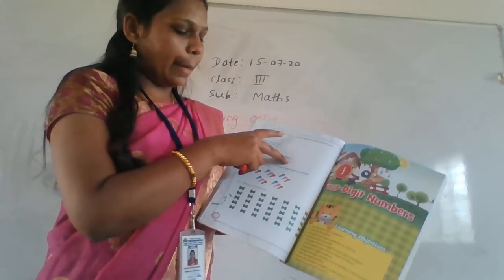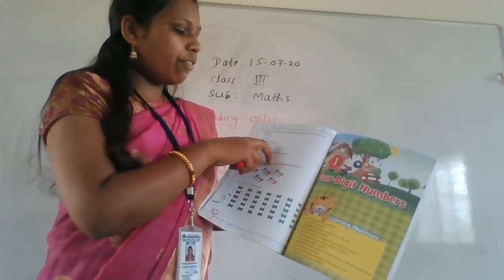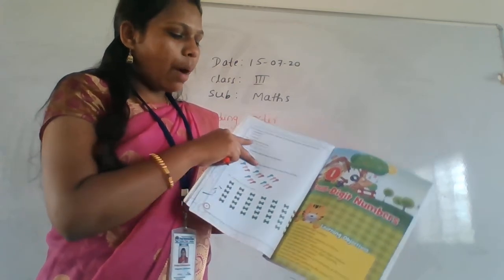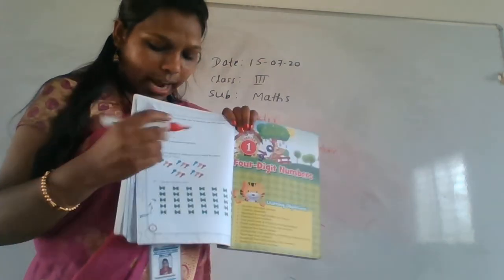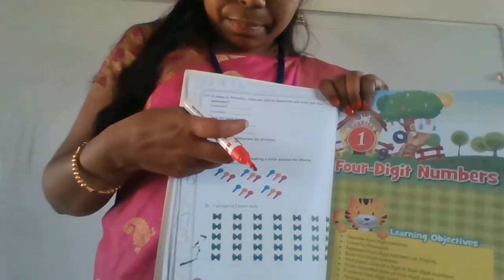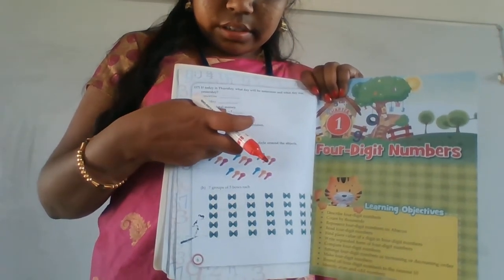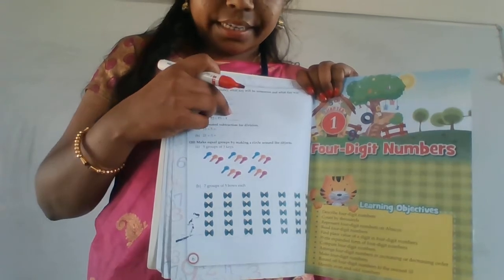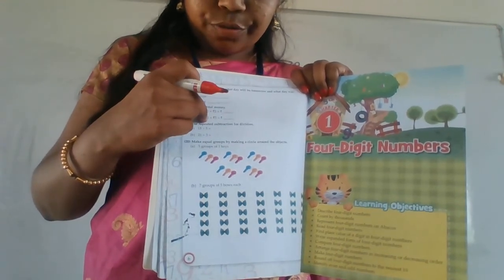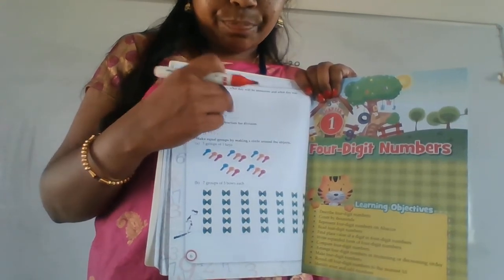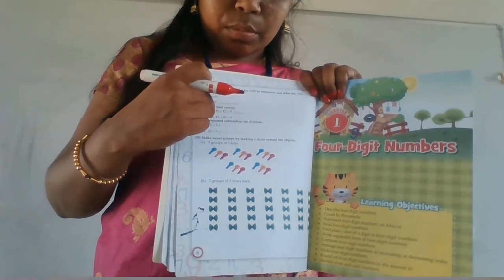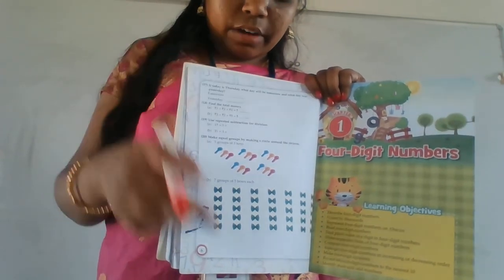After that, they have given: find the total money. Again, this is nothing but an addition of the numbers here. 1 plus 2 is 3, next plus 2, 3 plus 2 is 5. You have to write 5 here. Next, 2 plus 2 is 4, 4 plus 5 is 9. Again, it is an addition problem, so you have to do it at home.